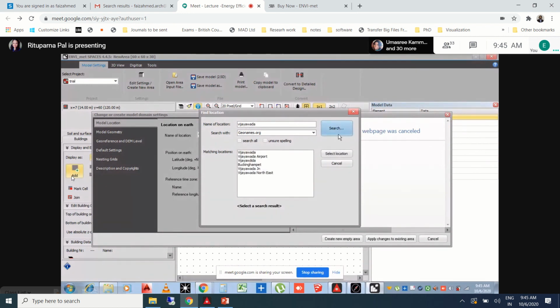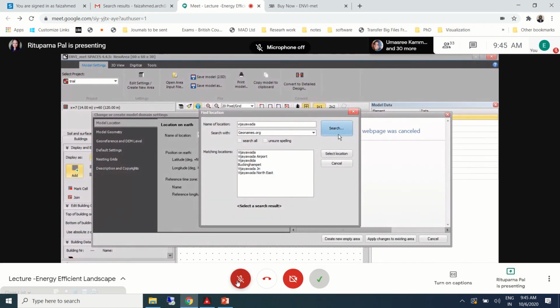Okay, so for Vijayawada, if you type, you can find matching locations, as these 6 things they're giving. Are you able to get to this, everyone? Yes, ma'am. Okay. So amongst this, whatever is the nearest location of your site, whatever site it might be, Jorhat, Lucknow, Delhi, anything, according to your location, whichever is the nearest location, you select.